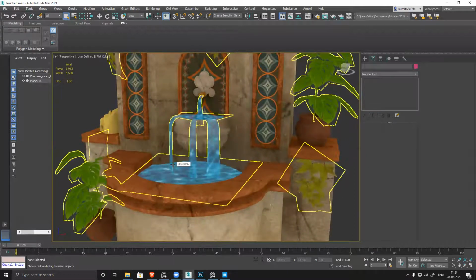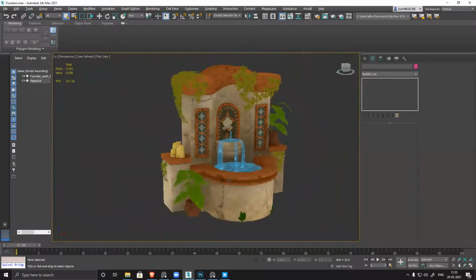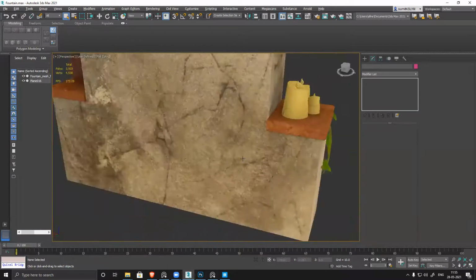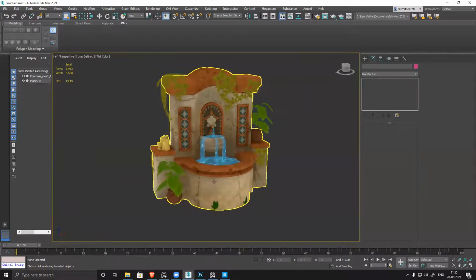And one more thing, there is a software named Knald. It's not that regularly used, but yes, a lot of companies use it to generate all those maps with the help of your model and your normal map, like curvature map, your ambient occlusion, your cavity map, and all those things. We can also generate those things with the help of Marmoset. So if you want, we can download that and use that also, but it's a paid app.